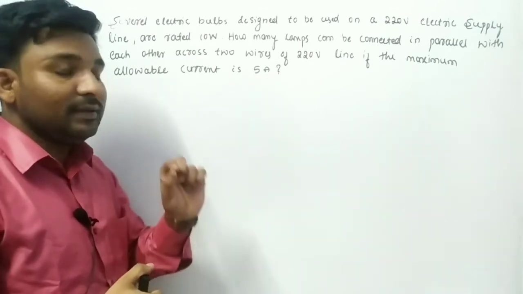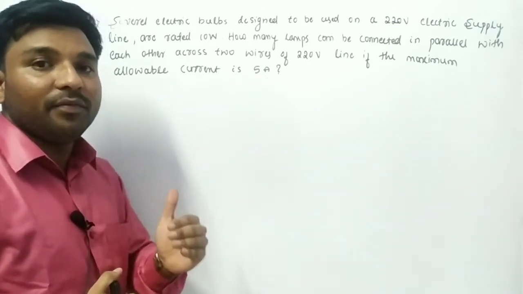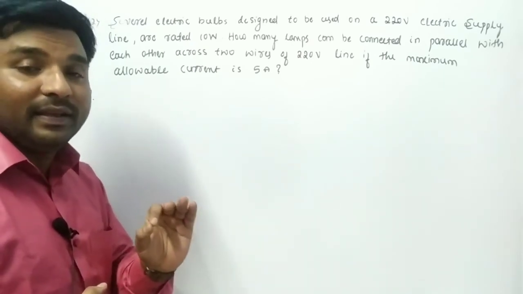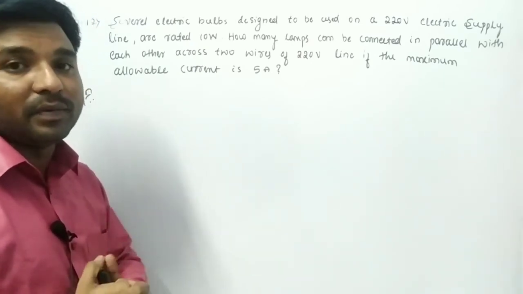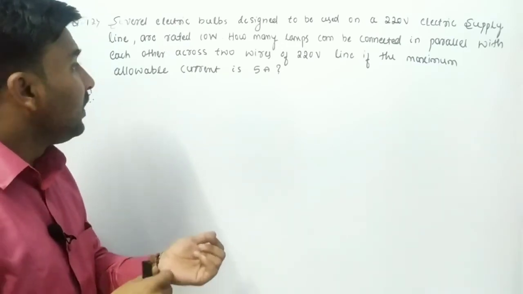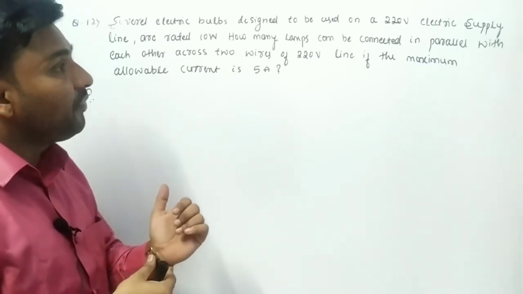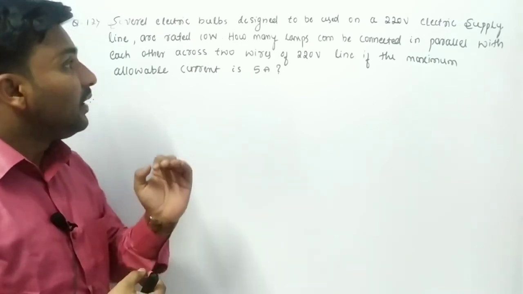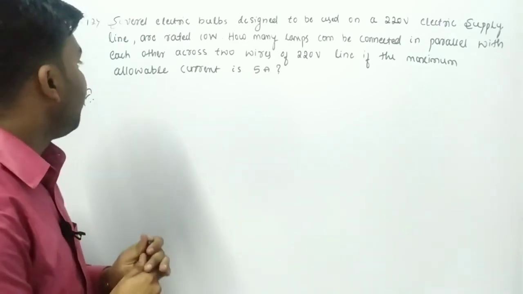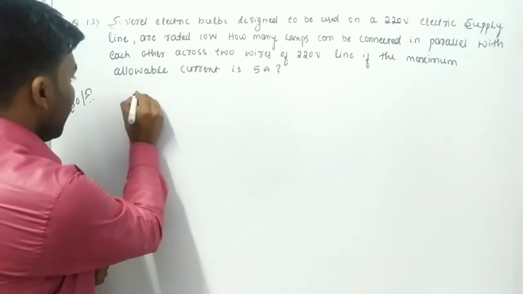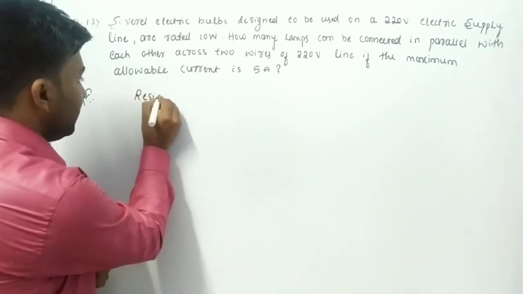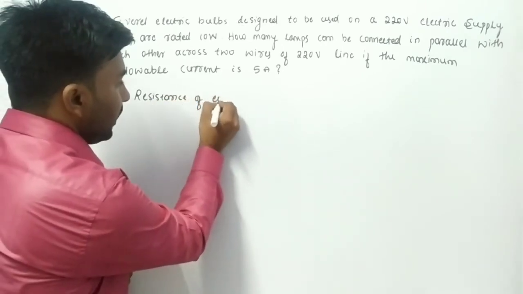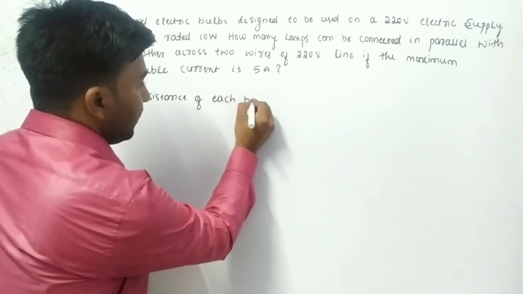through the line. So first of all, here we need to calculate the resistance of each bulb, then only we can calculate how many lamps are needed in order to connect in parallel. Okay, so resistance of each bulb,